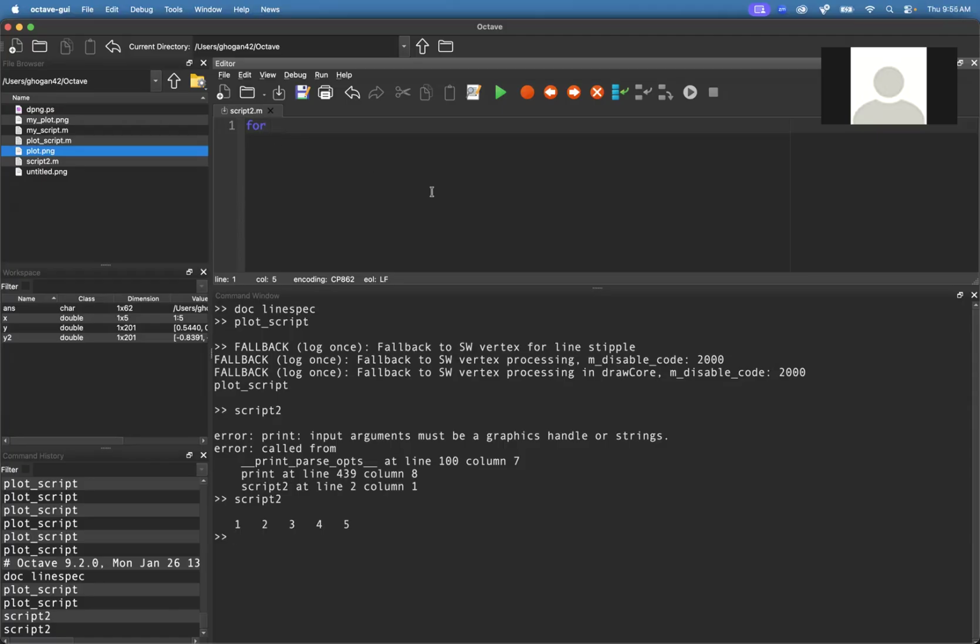So for, and then you use the syntax that we used before. So I could even write x equals 1 colon 5, like I did when I was just creating the numbers 1 through 5. And then you'll notice that when I hit enter here, it indents me a little bit. And that's because in a for loop, you want to keep track of what code is inside the for loop and what code is not. And we do that by indenting. And so we write for x equals 1 colon 5. And then if I just do this, display x, and then end,